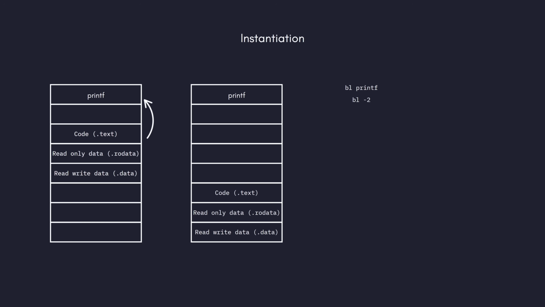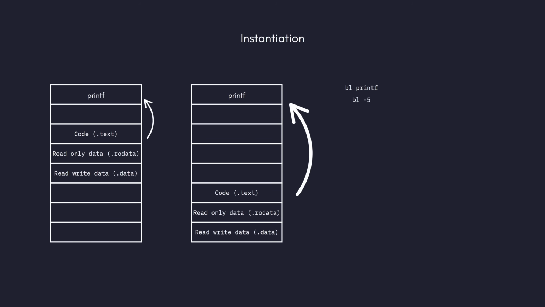So now, when we copy the code, it's going to try to move 2 positions behind, and there's not really any data there. Or even worse, there can actually be other data there, which can be a security vulnerability, but also just not a very good thing in general, because the code is not doing what it's supposed to do. So, long story short, we need to do some kind of translation in order to properly point to the printf